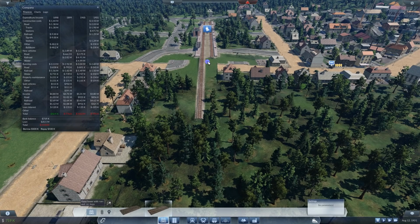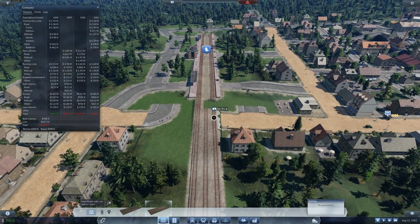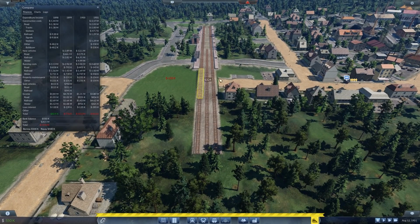Although, hold everything. You seem to have put the opportunity for a goods line in there, so if you're going to do that, you might as well lay it now so you've got all three snapped together. Oh yes, that's some thinking ahead going on. Are you sure you're feeling well? Because, you know, that's...